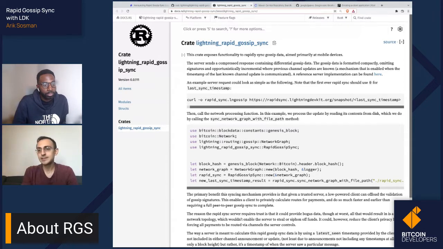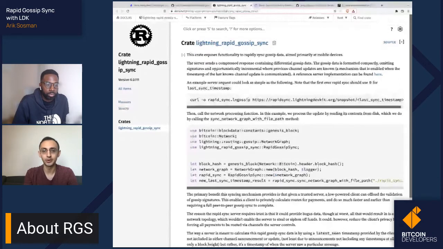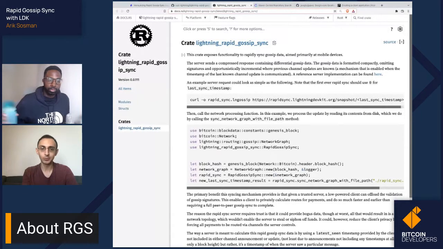So privacy is not directly a concern, because when you're querying the data, the server does not actually get anything about you, any information about where you're trying to route payments. Privacy might become a concern indirectly. So what the server could do, if we were to assume a malicious RGS server, it first of all could log your IP address, so it could find out who all of the various Lightning nodes are.